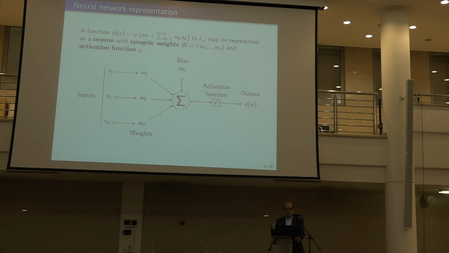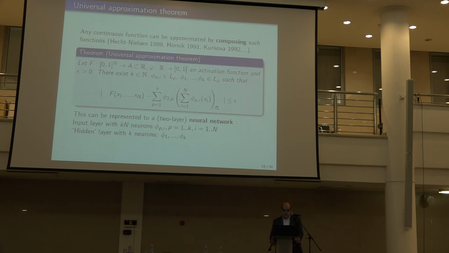Okay, so this is what you call a neuron in this neural network terminology, and you can see that it's entirely parameterized by the weights attached to the inputs. These are called synaptic weights, and the choice of the activation function phi. The interest of this construction comes from the fact that you can approximate any continuous function. And in fact, in the more recent literature, it can be shown that you can approximate any measurable function by appropriately choosing the weights in these neurons.